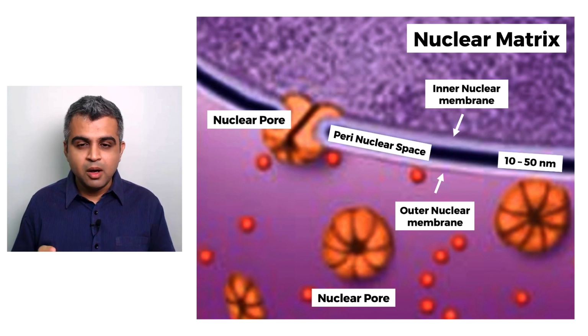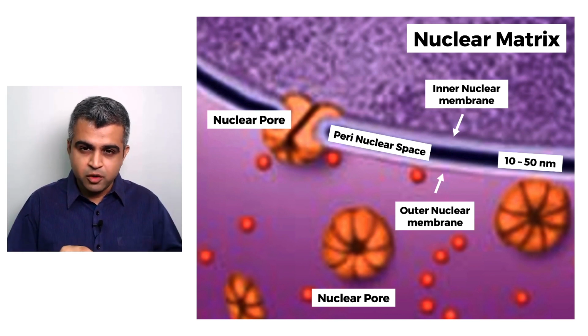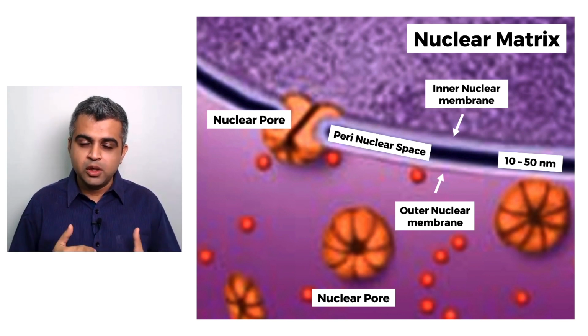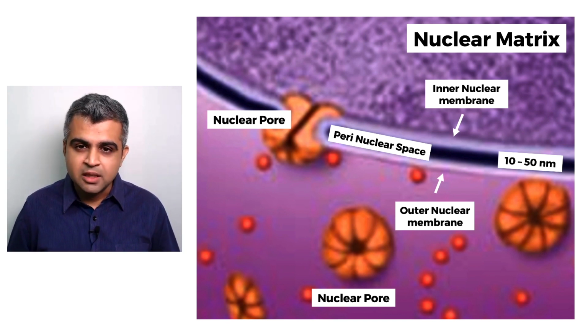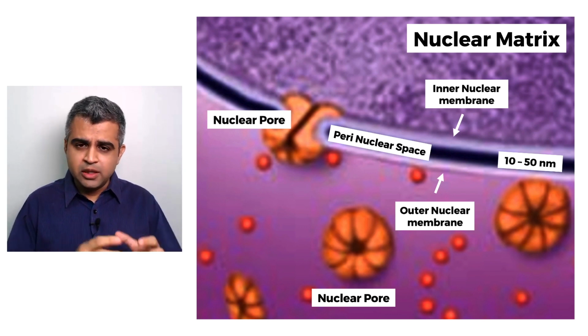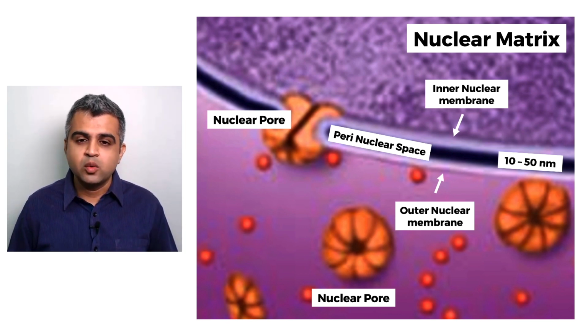So what have you understood about the nuclear envelope so far? That there is a nuclear envelope which ensures that the inner nuclear matrix or nucleoplasm is differentiated from the cytoplasm. The nuclear envelope is going to be double layered with an outer nuclear membrane and an inner nuclear membrane. The space in between will be called the perinuclear space, about 10 to 15 nanometers. And this is going to keep things outside and things inside. But to allow material to pass like proteins and RNA, there will be certain holes, and these holes are going to be called nuclear pores. Is this clear with everybody? Are you sure? Okay.